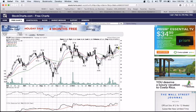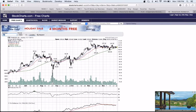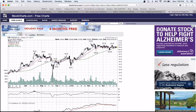Let's drop out and look at Facebook. Kind of an inside consolidation here. This one's on the Investors Business Daily top stock list, as are a couple of the others. You got a nice, strong moving average move here and kind of a symmetrical consolidation pattern, but in a predominant uptrend. And so, as we expect, they may not break out this week, but looking to trigger in above trend